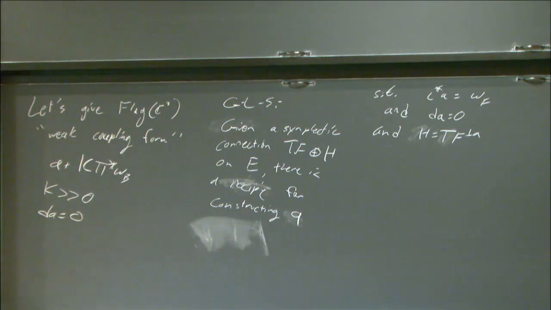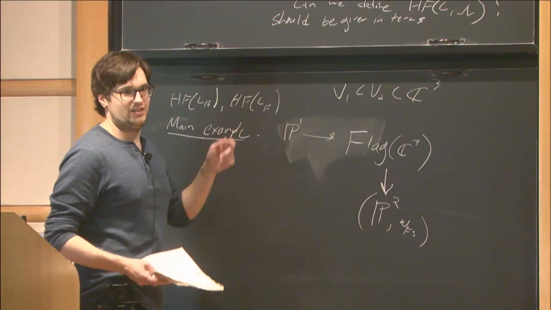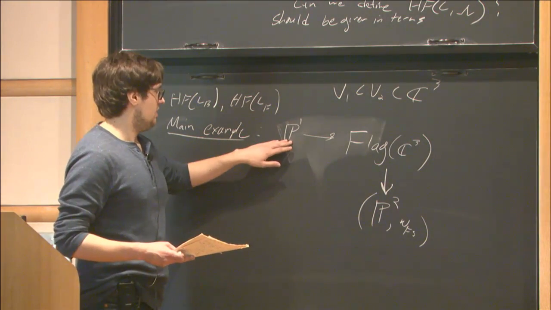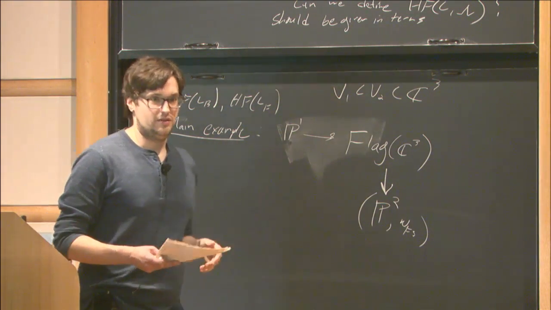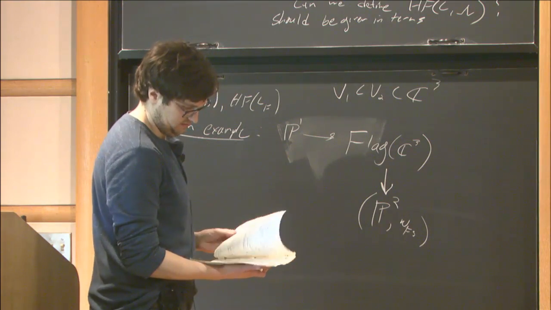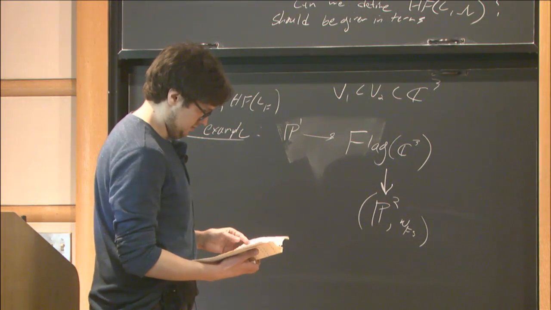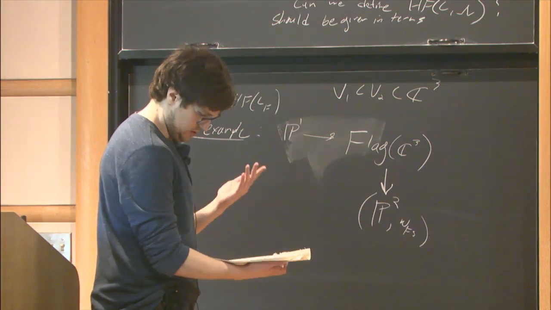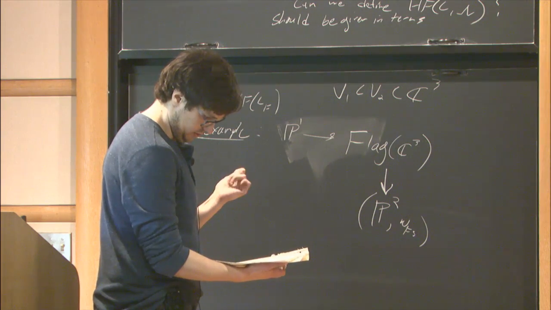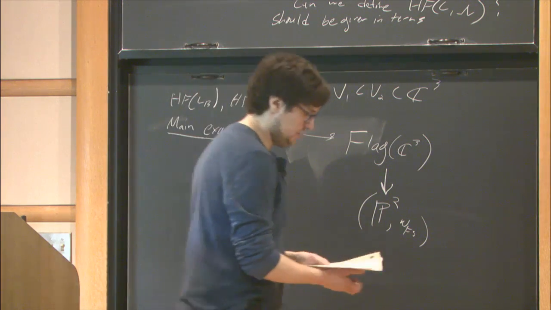Okay, so it works out in this case because H1 of P1 is 0, so any symplectic action is going to be Hamiltonian. Yeah, yeah. Okay. Let's see. Okay, so now,